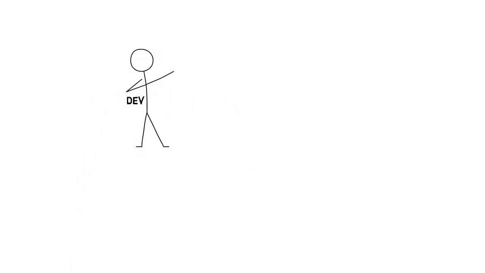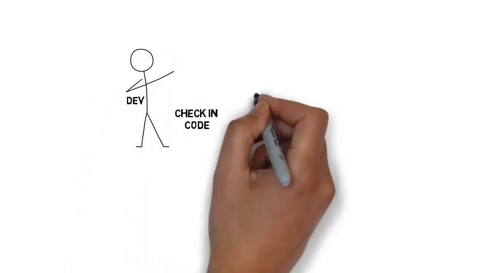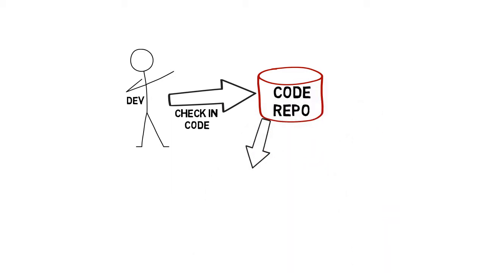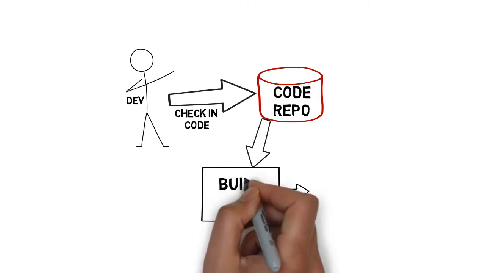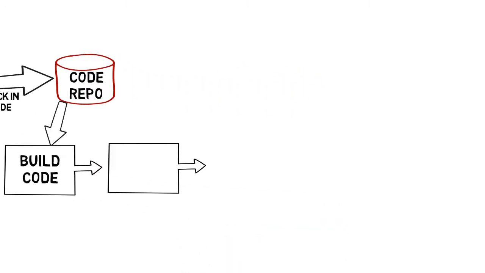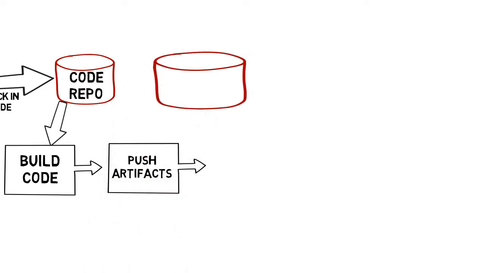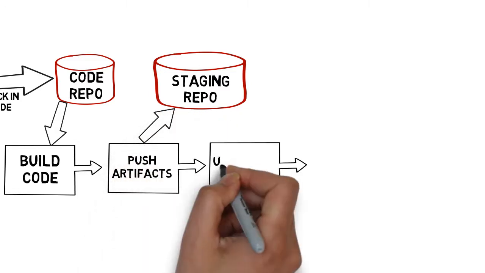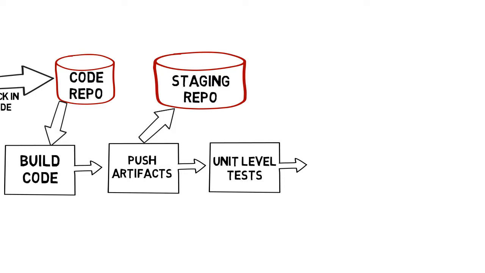In this video, I'm going to talk to you about some changes that we're seeing in the development community. In the past, and even today, we still do some of the same basic things. We check our code into a code repository, and from that code repository, it is built, a lot of times automatically. And then it follows a normal process of building the code, creating artifacts that then get pushed up into a staging repository. And then from that staging repository, I'm taking binaries or images, putting it into a test environment